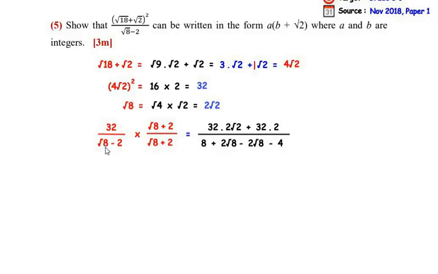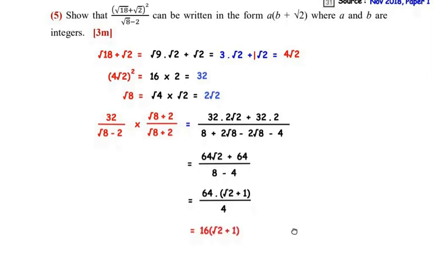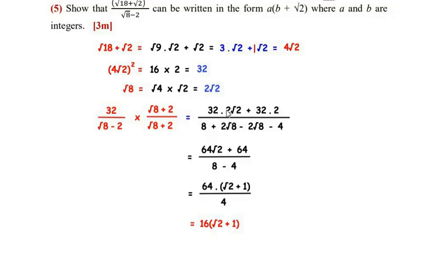8. Root 8 times plus 2 gives us plus 2 root 8. Minus 2 times root 8 gives us minus 2 root 8. And minus of plus is minus. 2 times 2 is 4. Now simplifying the terms, we get 32 times 2 is 64 times root 2 plus 32 times 2 is 64 divided by 8. Now plus 2 root 8 and minus 2 root 8 will add up to give us 0